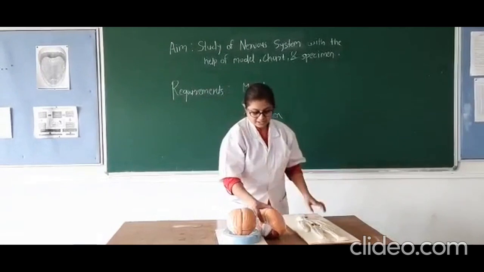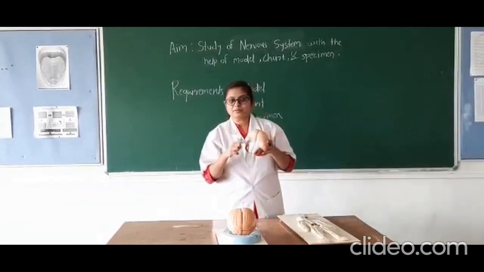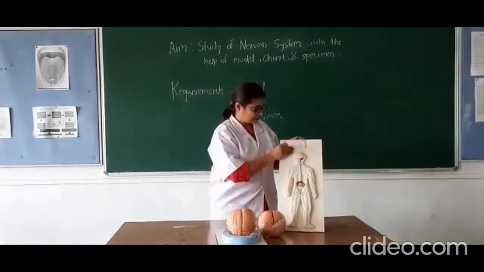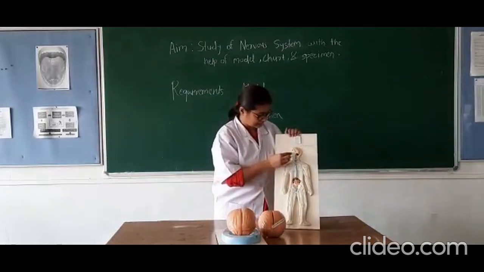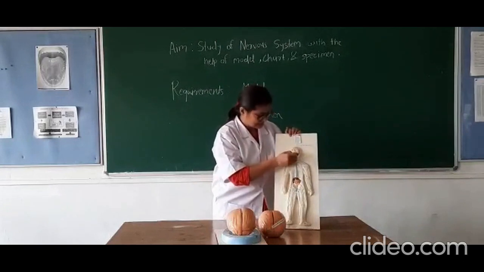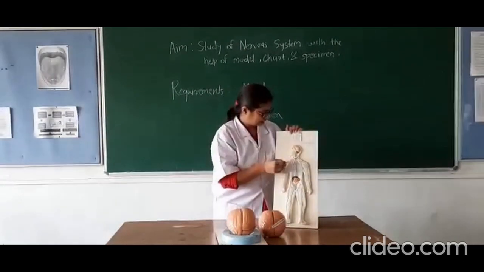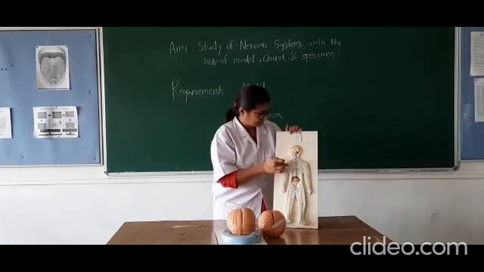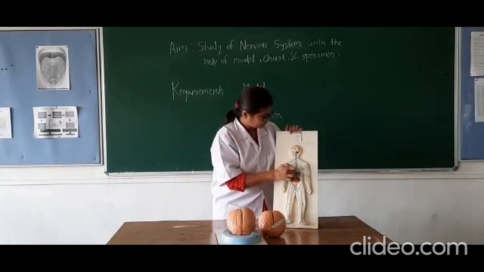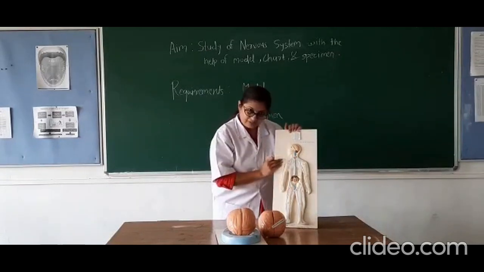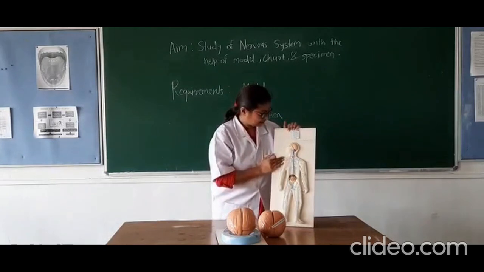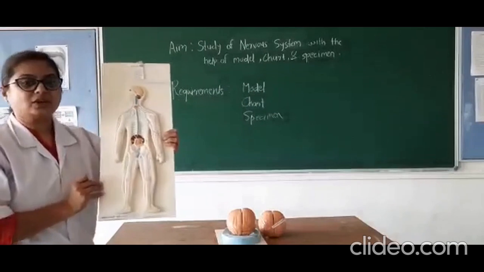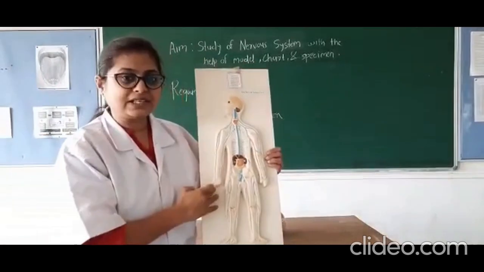Next one is the brain and the spinal cord of the nervous system. Now in that, the first one is the nervous system model. First one contains the brain. Next one is the cerebellum. Again the cervical nerve. Here is the cervical nerve. Next one is the thoracic nerve, lumbar nerve, sacral nerve, the coccygeal nerve, and the tibial nerve. Here is the total model of the nervous system.